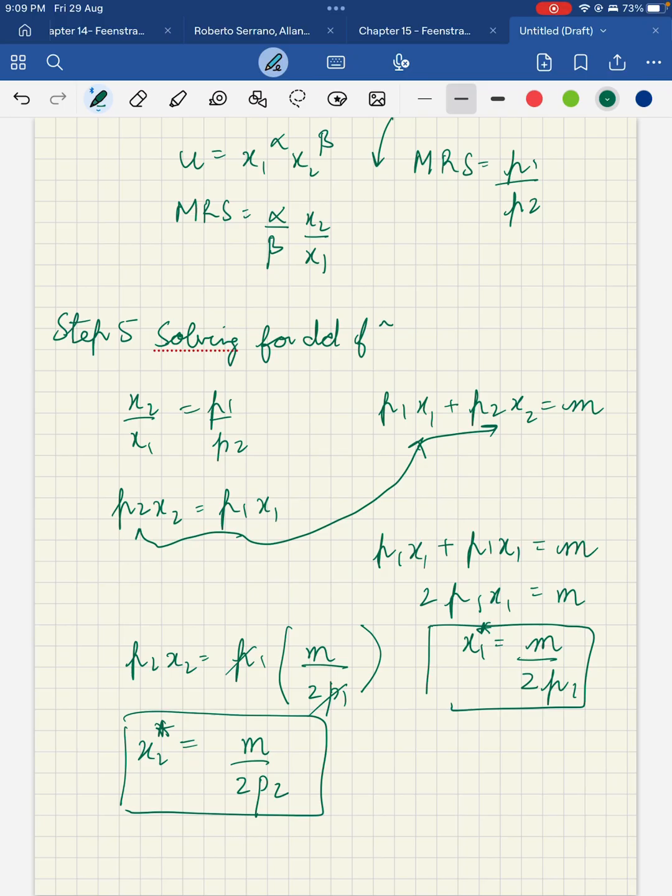So if I summarize, what did I do? I wrote the Lagrangian, took the first order conditions, divided the first two equations to get MRS is equal to price ratio, used the budget constraint to solve for x1 star and x2 star, and I was done. So remember,